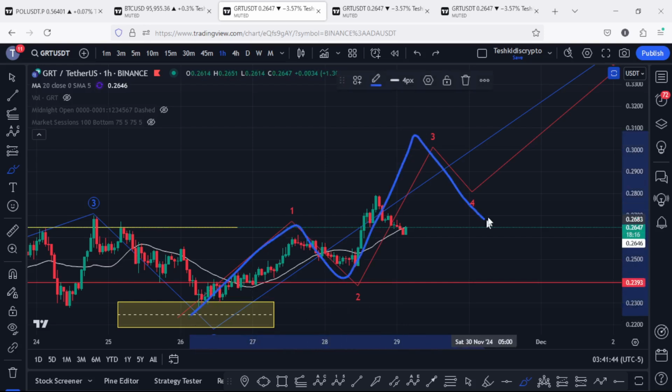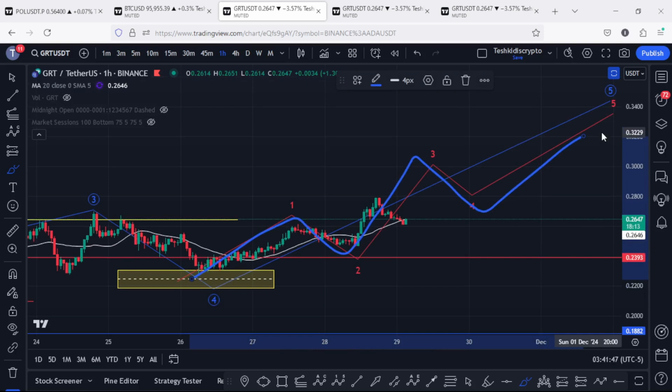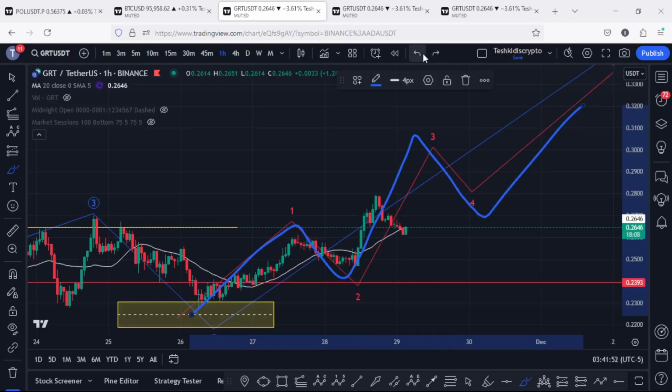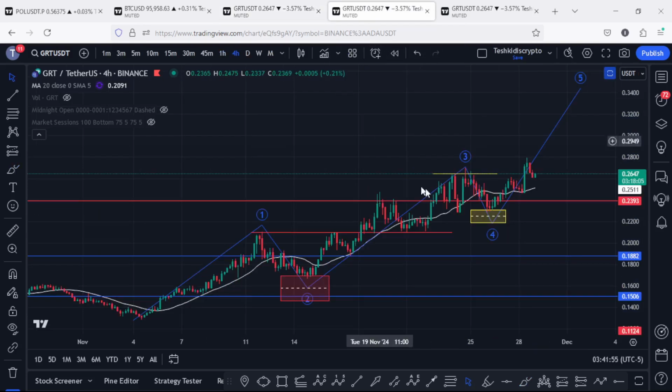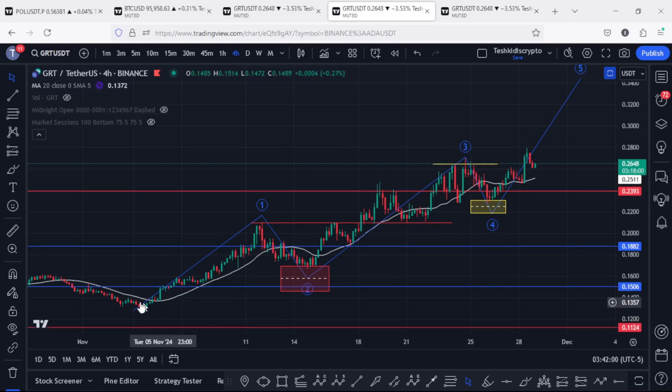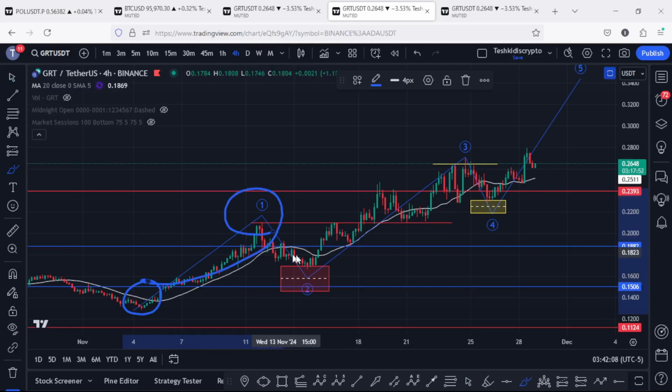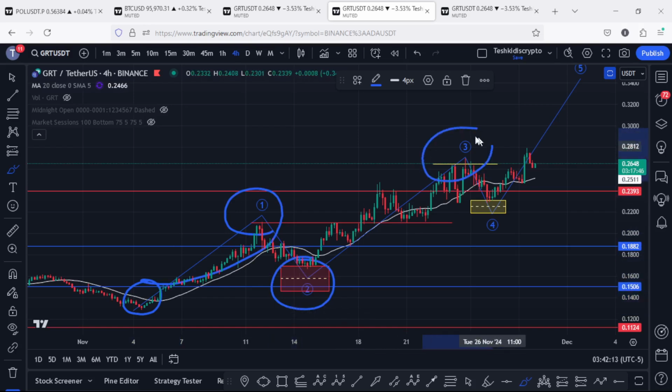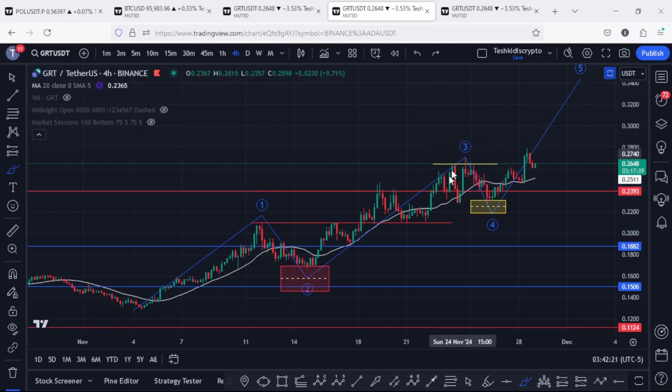is part of a micro EDU12 structure within the formation of an even larger EDU12 count 5, where you can see that I have another EDU12 structure in blue, and that is better seen on this chart, where you can see that this EDU12 structure has been playing out from the lows that we made on the 4th of November, and we first peaked to the upside in the formation of this wave 1, so a corrective structure in a wave 2, then a bounce to the upside in the formation of this wave 3, a pullback in a wave 4, and whatever is playing out at the moment is the start of an impulsive EDU12 count 5,